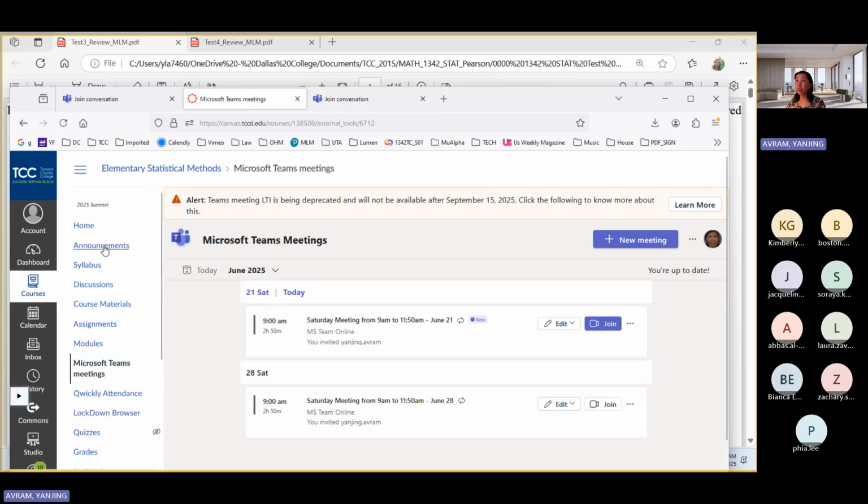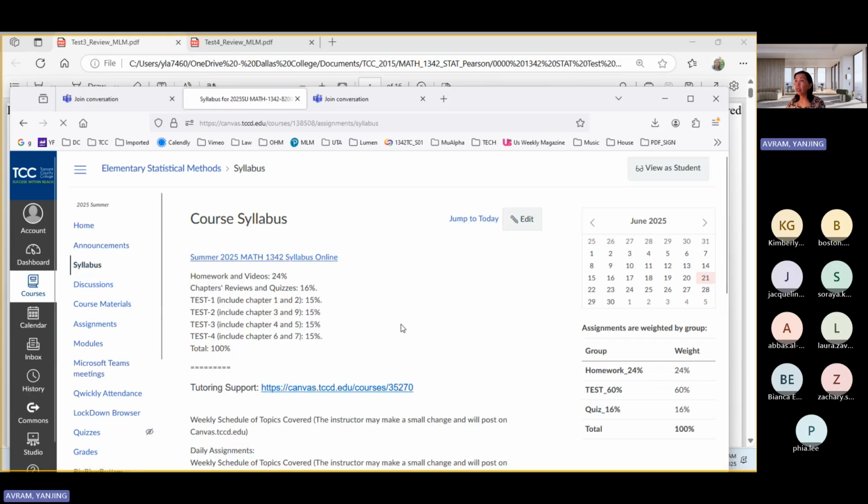If you look at the syllabus, unit 3 will include chapters 4 and 5. So if you have a chapter 4 video, that is because test 3, which is unit 3, includes chapters 4 and 5. Chapter 4 is the probability for the